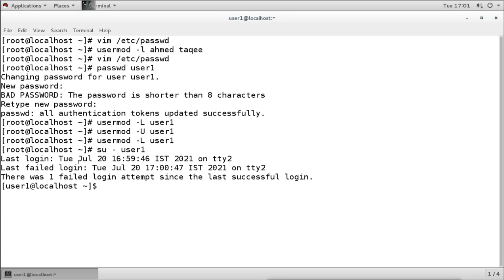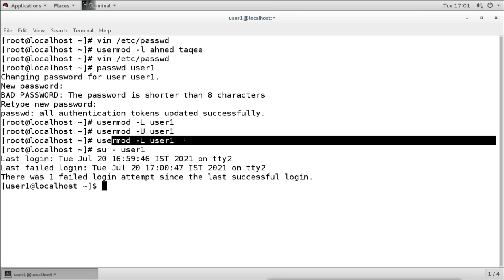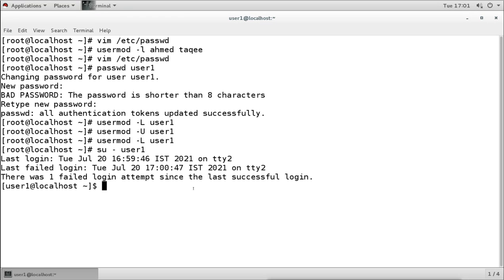Now what happened here? Because I logged in as the root account, when root switches to any other user, the password will not be asked, because root is an administrator. So because of that, when I switch to this user, it is not asking for the password and it is logging me in, even though I locked the user. So it is not locking the user, it is actually disabling the password. Because the user root does not require a password, it can still log into that user account.